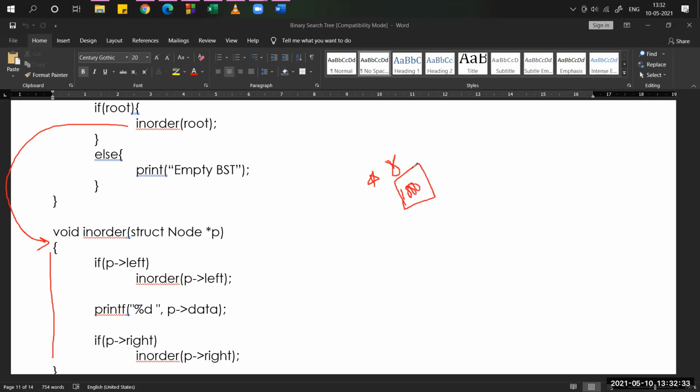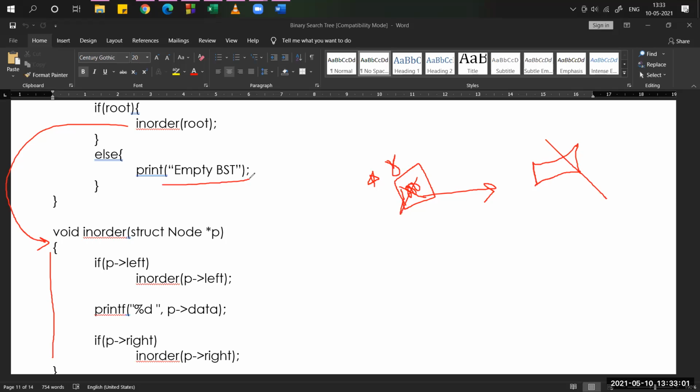If an address is there in the root variable, then the tree has at least a root node. If it is null, what does it mean? There are no nodes at that time. What do we have to print? An empty binary search tree message we have to display.